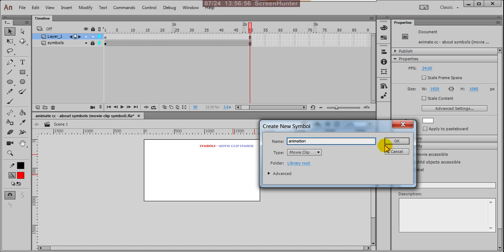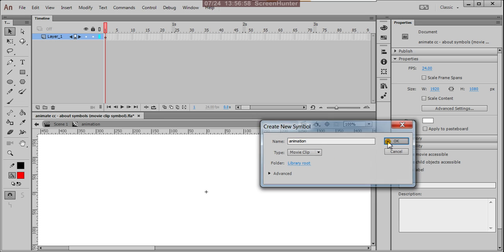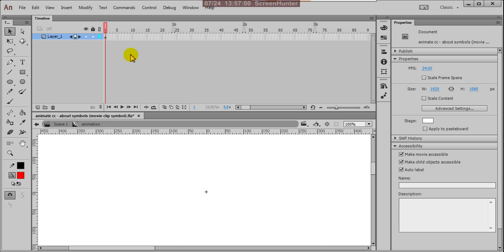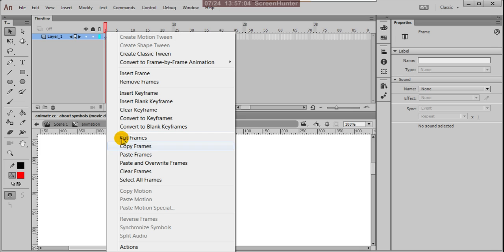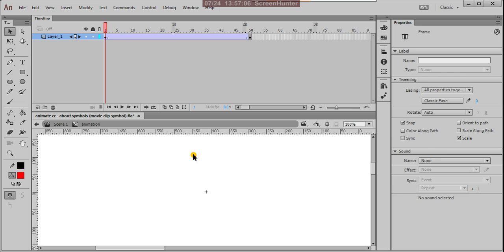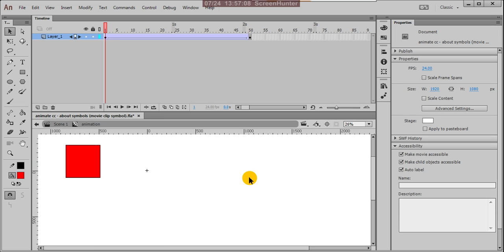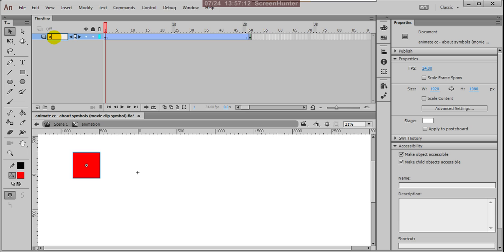Animation must be a movie clip. Now you cut there, you have to paste here. So right click and paste frames. Here also you can give the name animation. Fantastic. So this is your animation.